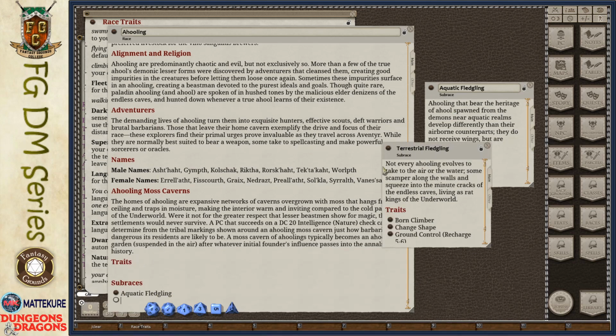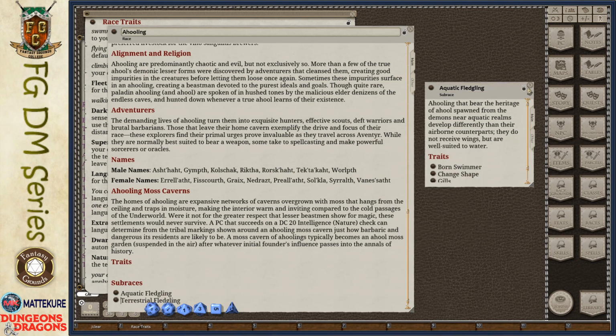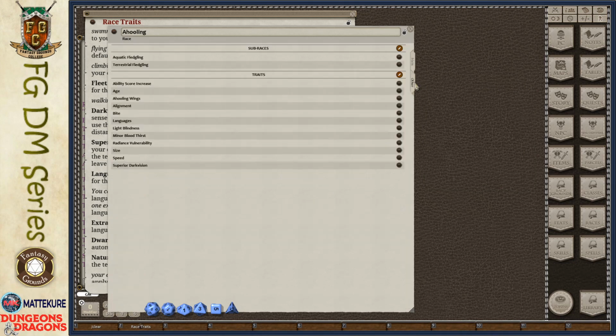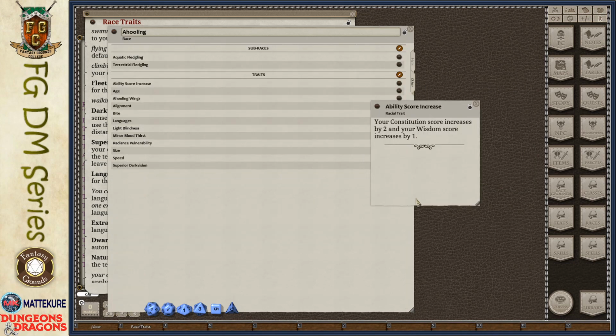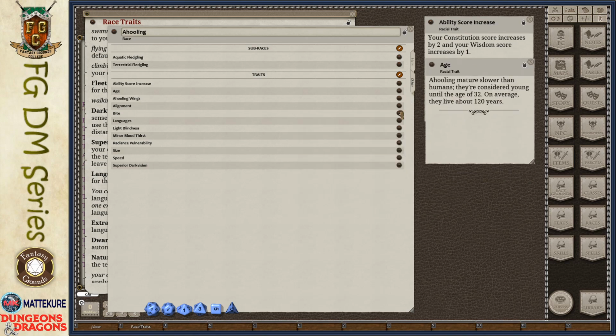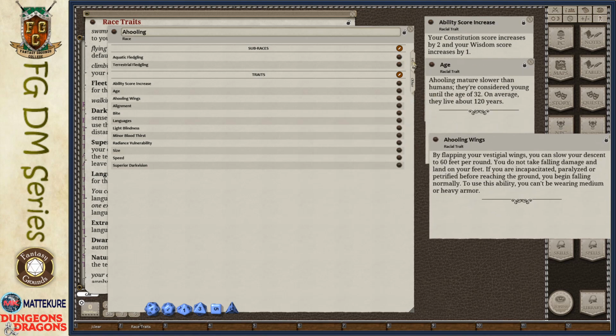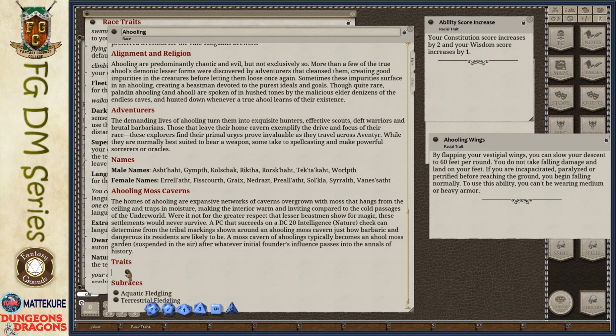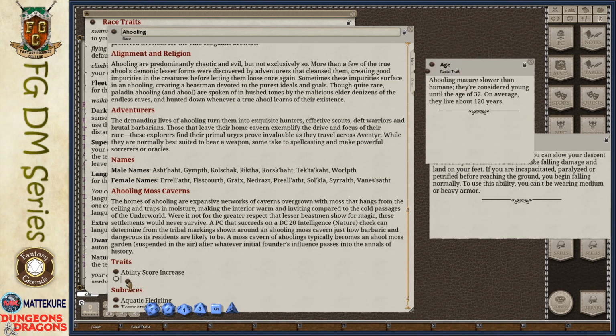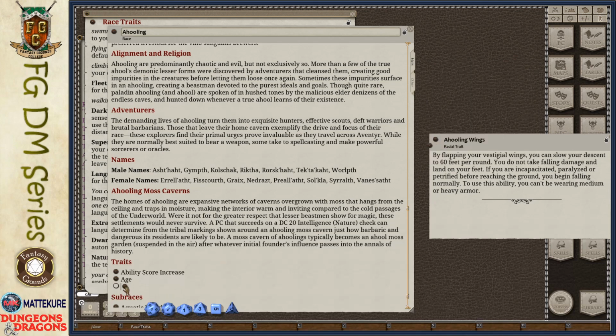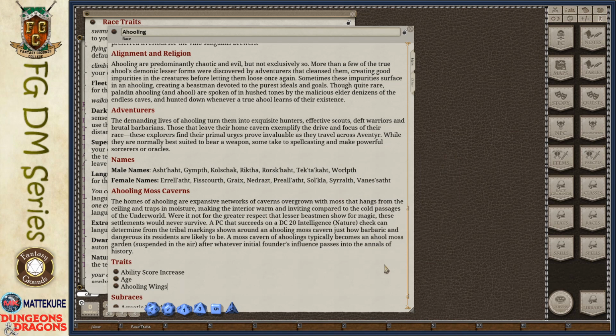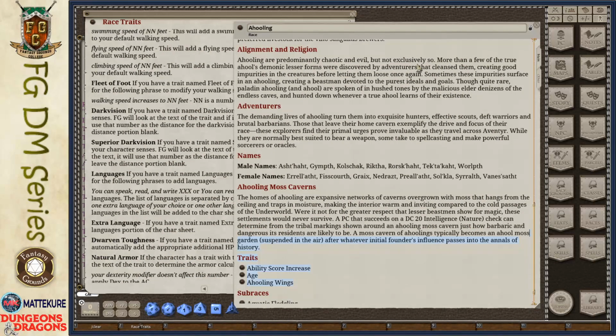This just makes it easy for the players to find it when they're trying to look it up or select it. We can do the same thing with each of our traits by clicking open the traits and so forth. I'm not going to do all of them, and dragging and dropping them onto the main tab. And this just makes it nice for lookup purposes, as I said. And there you go. Now you have a complete, fully functional race added to Fantasy Grounds.